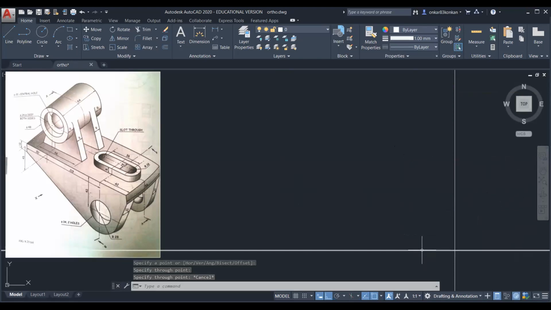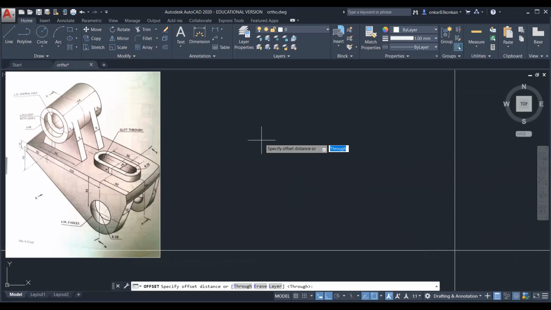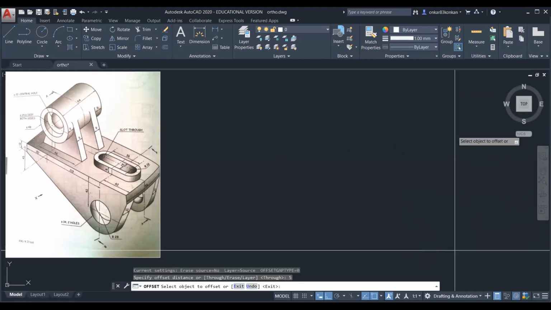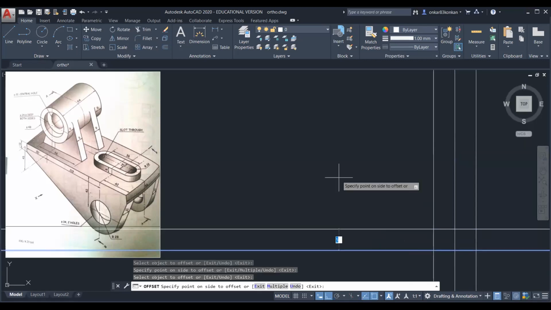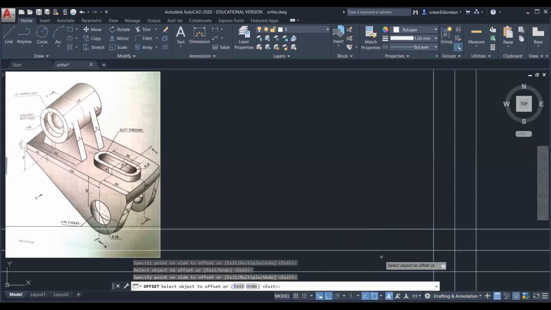After this, draw the offset lines. You can select the offset command. First enter the distance. I will take a 5 mm distance. Select this line, click on the right side. Again, select this line, click on the left side. Select the horizontal line. In this way, you can draw the offset lines.